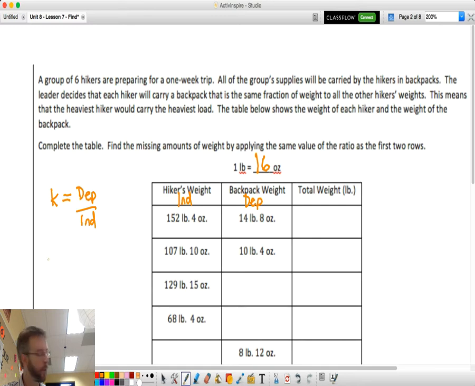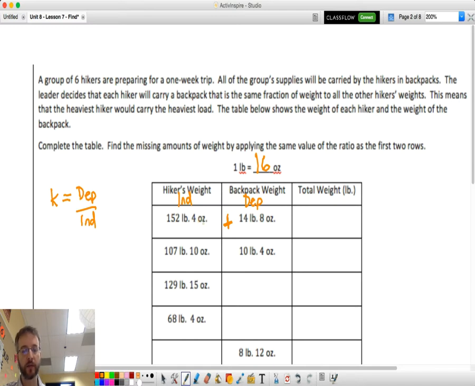I'm going to go ahead and put the dependent over the independent to find that. But before we do that, let's actually find the total weight. The total weight would be the combination of these two. So if we do